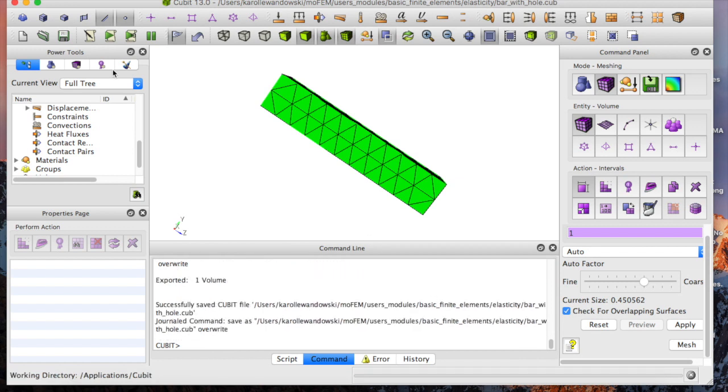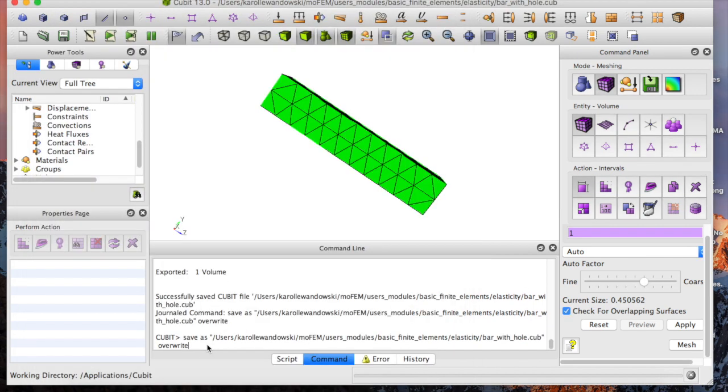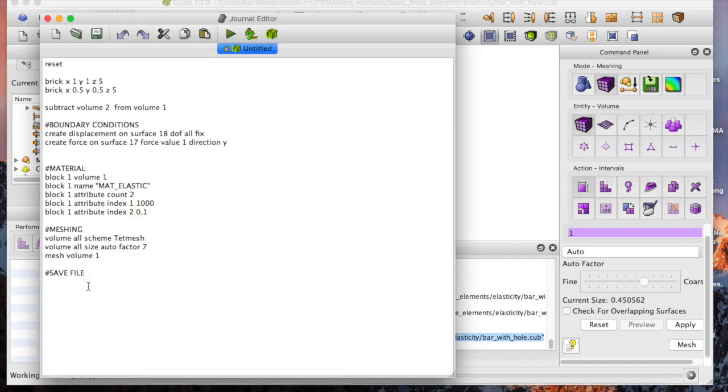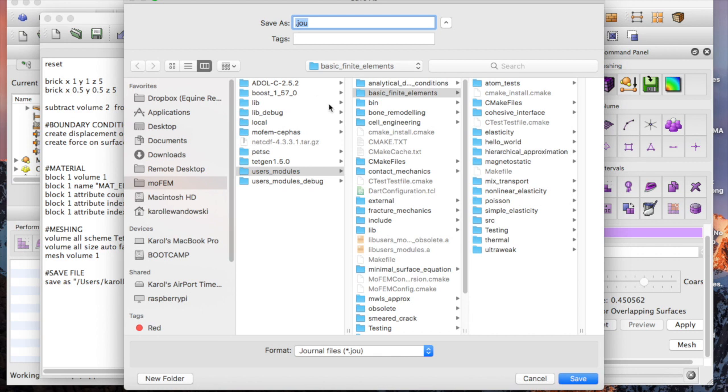Okay. Also, don't forget to save somewhere our journal file. This command here is going to be useful. Okay, so we can also save somewhere our journal file. This is simple text, but you can also